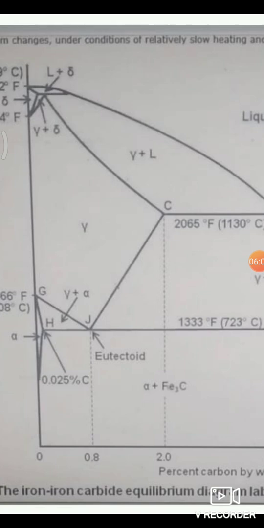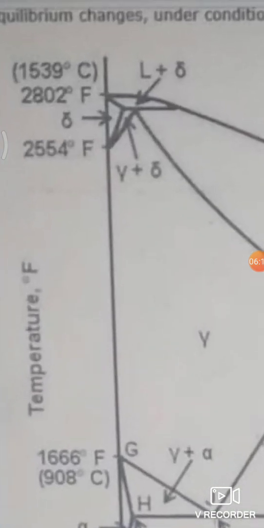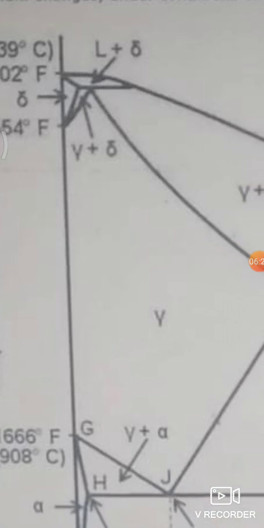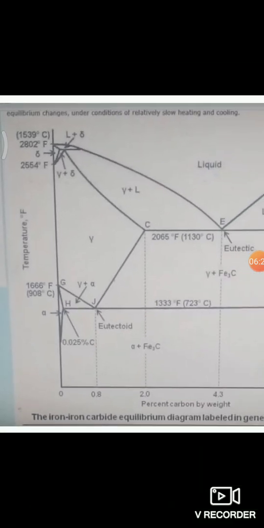That gamma austenite is having FCC face centered cubic crystal structure, and above this 1539 degrees Celsius, at this higher temperature line, this solid phase is converted into liquid phase called as delta iron or liquid phase. So that delta iron is again having BCC body centered cubic crystal structure. So this property of iron showing different crystal structures is called as allotropy of iron,